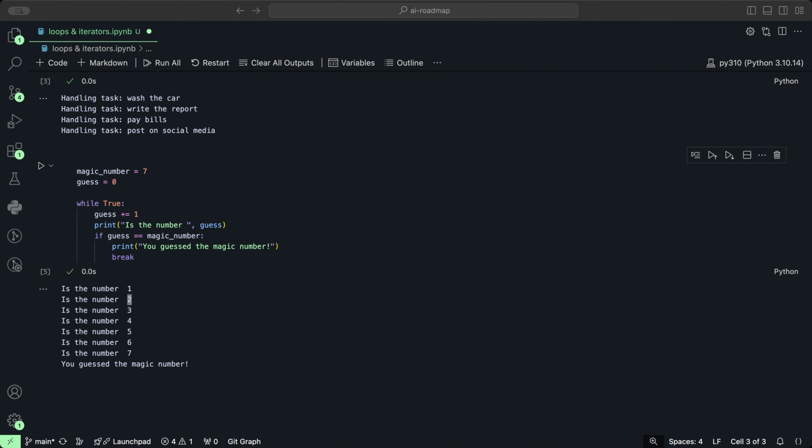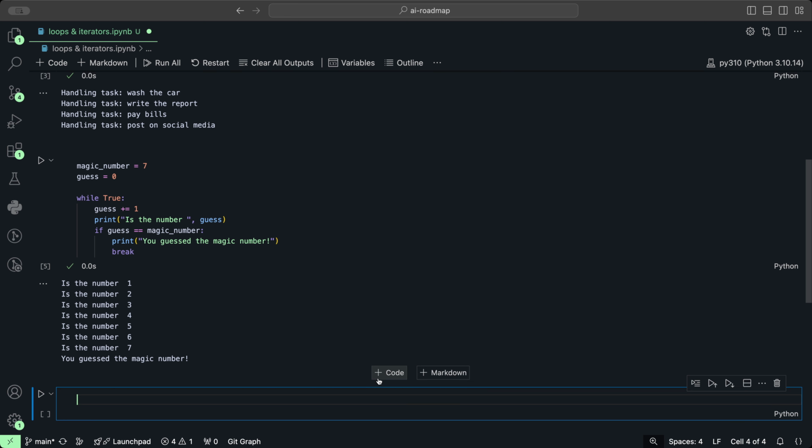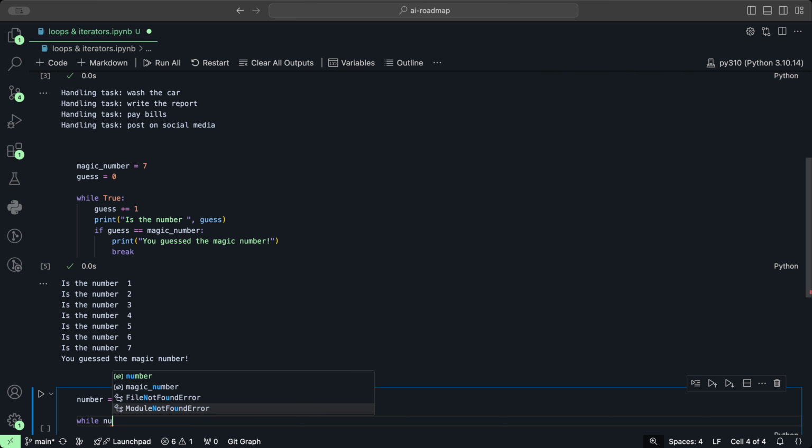You can also use while loops with continue statements. The continue statement skips the current iteration and proceeds to the next iteration of the loop. So let's write a fragment of code that prints odd numbers. Let's start off with our number, which starts off with 0. Then we have our while loop condition, and that as long as the number is less than 10,